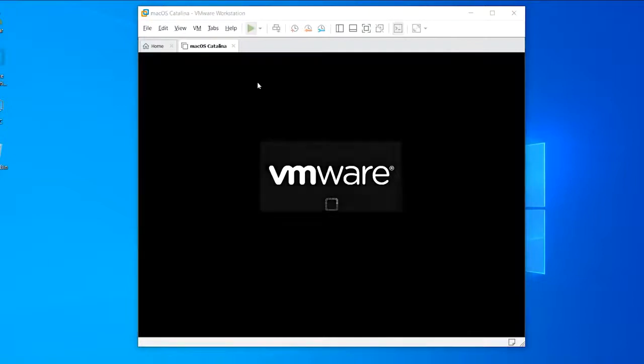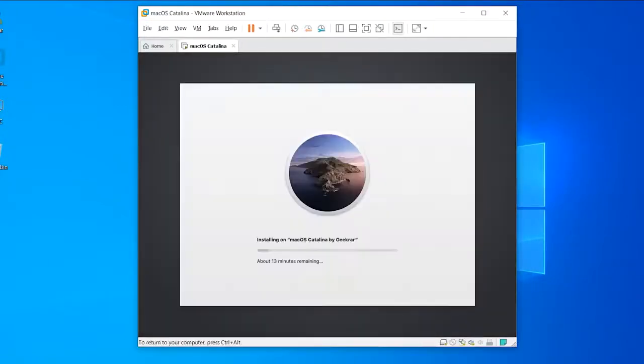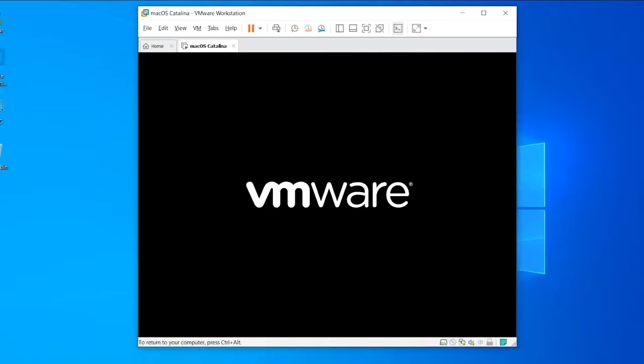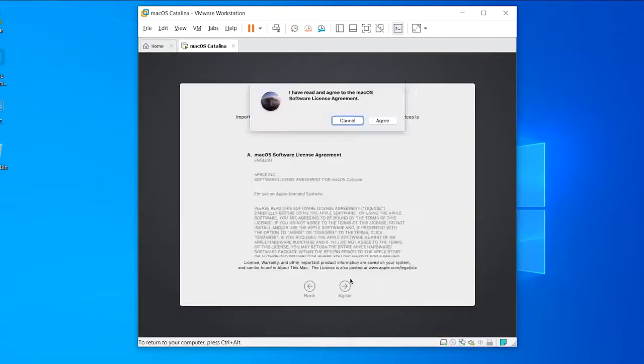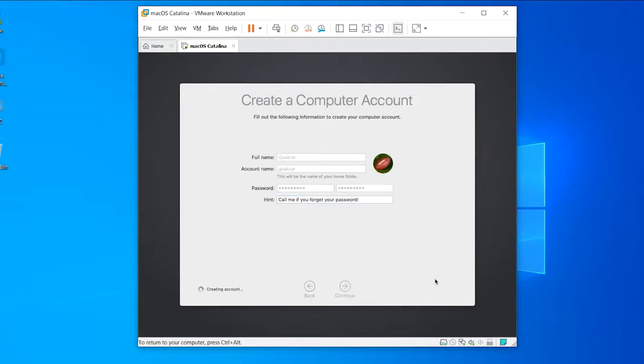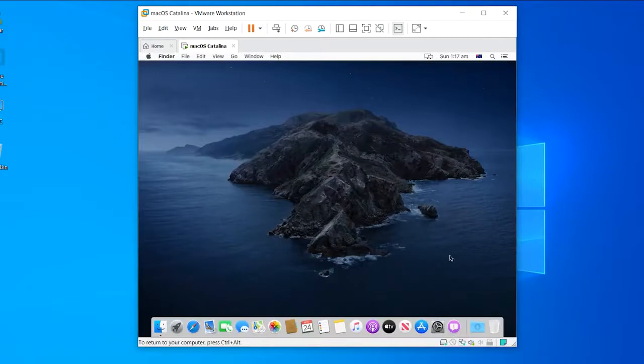The machine will take a while as the Apple logo is loading. When it's done, you will see macOS Catalina installing, which will take a while. When the installation is over, without doing anything, it will boot up on the welcome screen, that is the actual installation. Proceed with the installation as usual by continuing and creating your account, and that's it for the installation. The macOS Catalina has now successfully installed and everything should work perfectly fine.